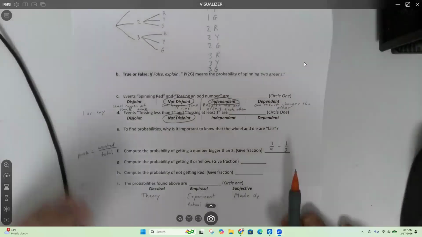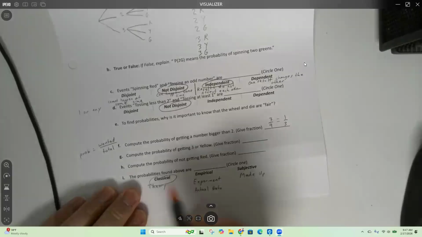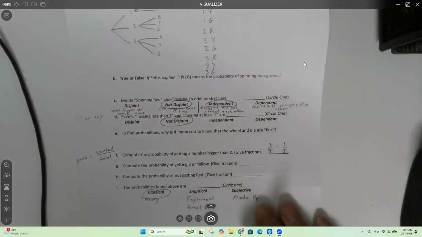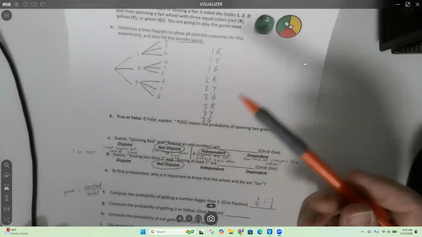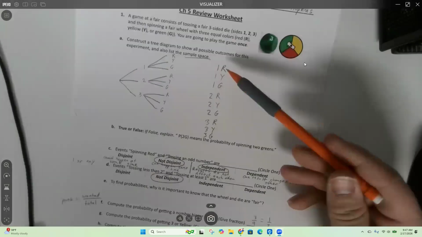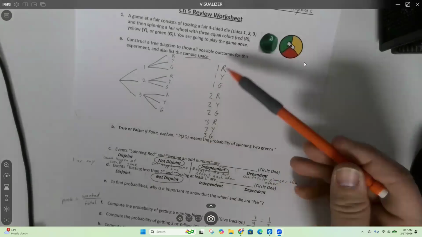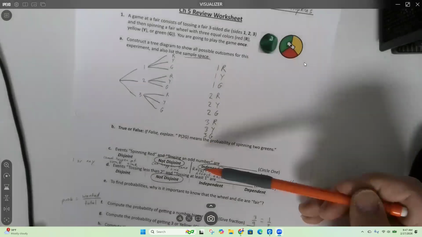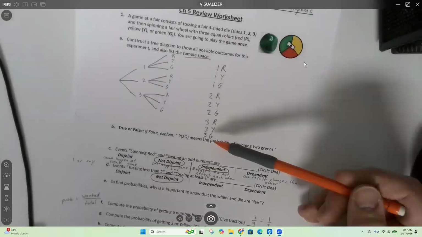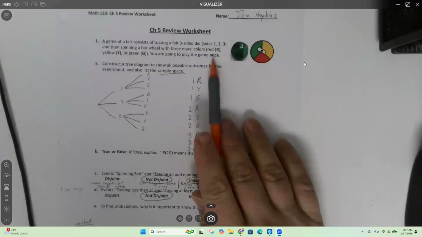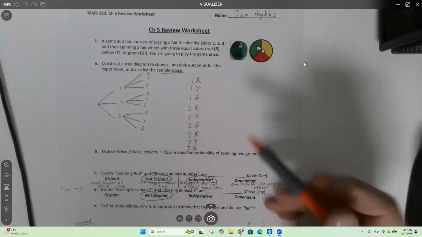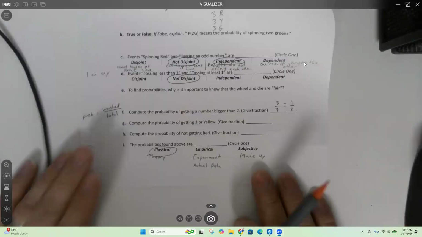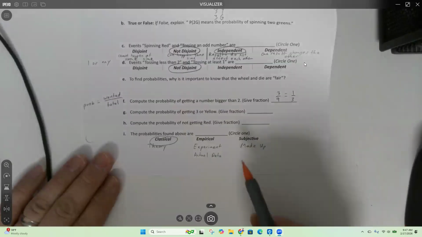Aldena's got it. Classical, yes. It's theory because we didn't actually play the game. We came up to this fair and they described the game to us and we sat here thinking about, okay, what's the sample space here? We listed out all these possibilities. Did we actually get all these possibilities? No. This is just all the possibilities listed out. When you play the game, you're going to play the game one time. You're only going to get one of these. Okay. So it's not empirical because we didn't actually play. We didn't actually do it, right?